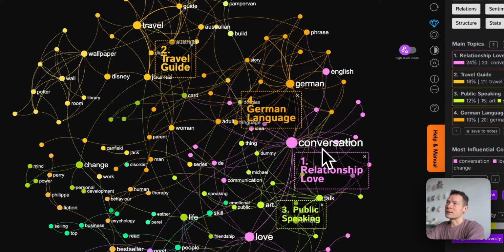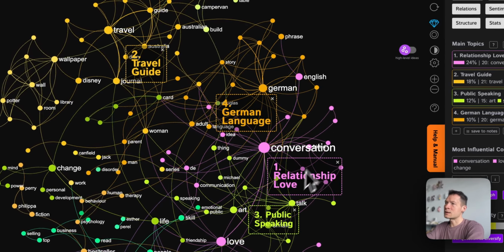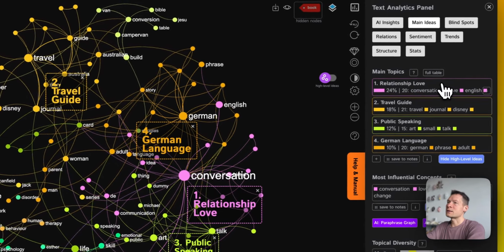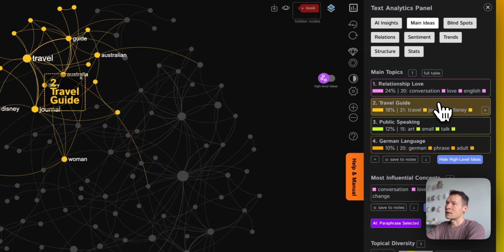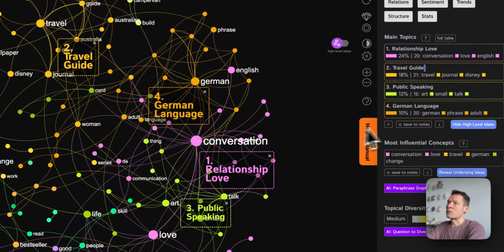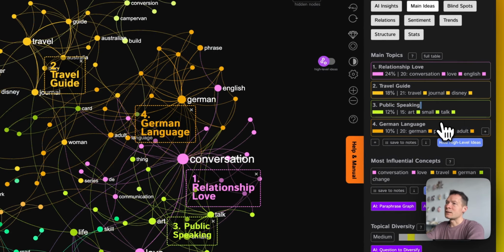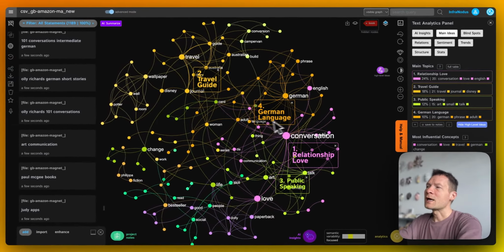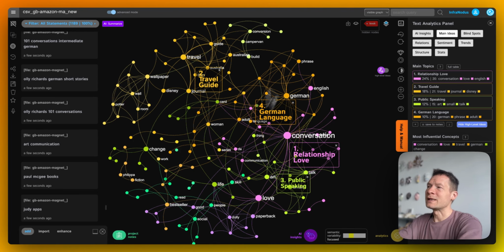InfraNodus recalculates the structure of this discourse and shows me what are the main clusters. They're indicated with the different colors here. The bigger words are the more influential words, and then it uses the built-in AI, which is querying GPT-4 AI model and generates the names for this topic. So it gives me a very clear, quick idea of the main topics that exist on the subject on Amazon,